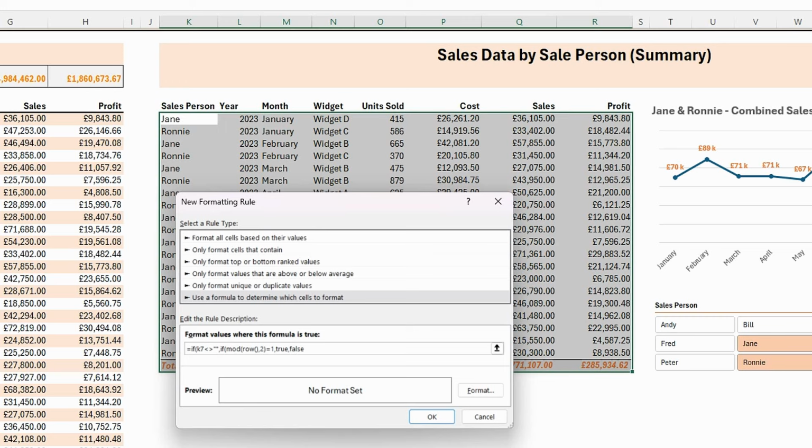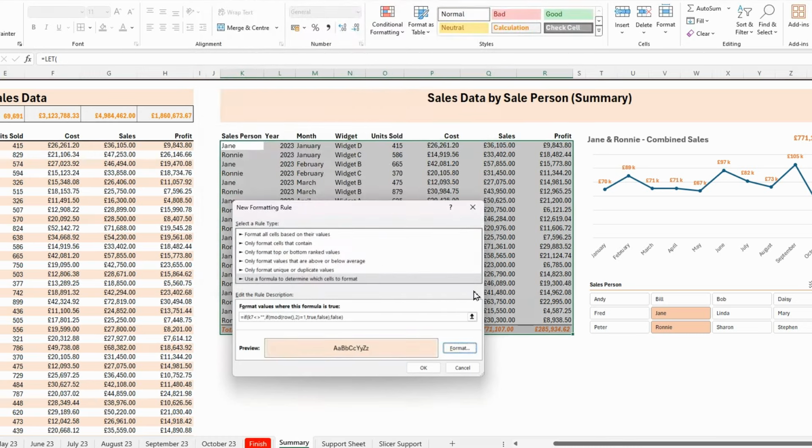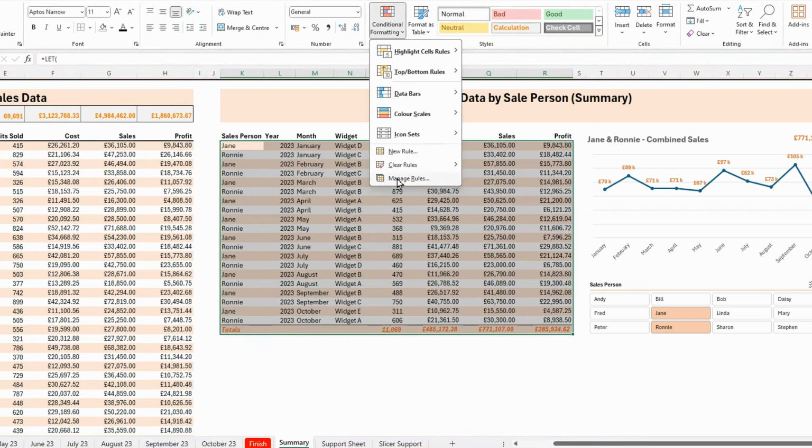I'm going to close the bracket on that first if, and then I'm going to do a comma. So let's close the bracket on the second if, sorry, and then I'm going to do a comma, and then do false for the first if, and then close the bracket on that. So if it does return true, as far as the formatting is concerned, the fill, I'm just going to fill it with this, the same as I did on the summary data over there. So I'm going to click OK again,